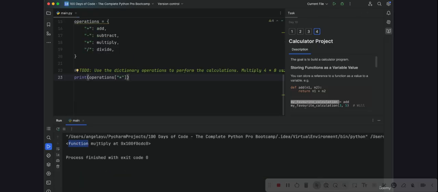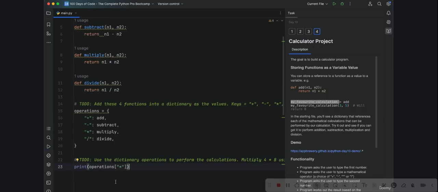a function called multiply. So that doesn't give me any results, but if this part is equivalent to this, then that means this is equivalent to this function. So now if I want to use it, I just need to add the parentheses straight afterwards, and you can see my PyCharm hints already knows what I'm trying to do, and it's asking me for n1 and n2. So I want to multiply 4 by 8, so I'll just type 4, 8, and then now if I run